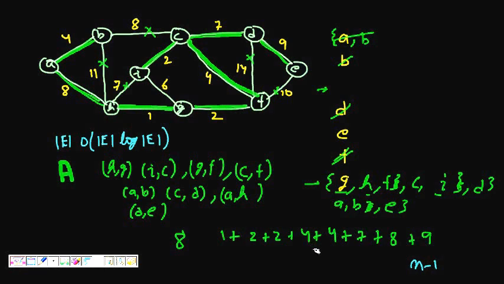Now let's look at why this algorithm works. The first thing is that it is a greedy algorithm. Why? Because every time we make a choice, we choose the smallest edge possible, and that way we always have a minimum sum. We had to choose n minus 1 edges. We started from the smallest and included all the edges which were not forming a cycle. That's why it gave us the minimum spanning tree.